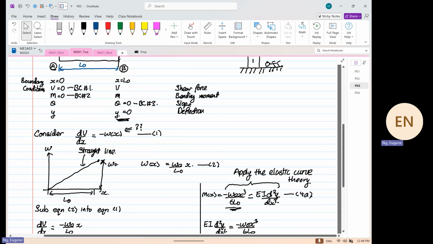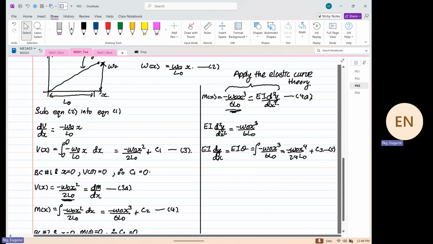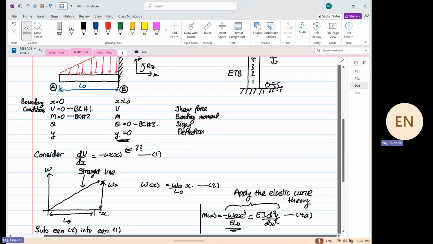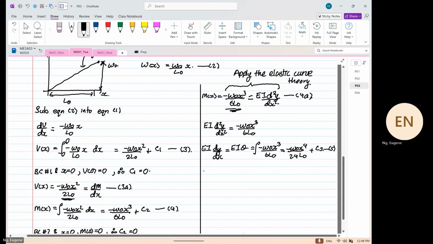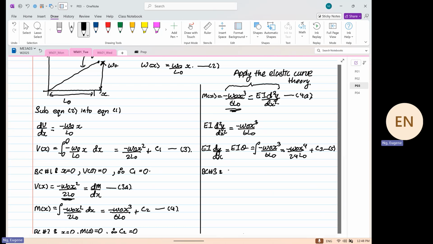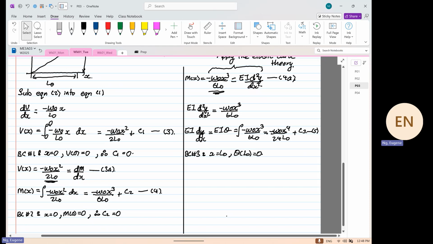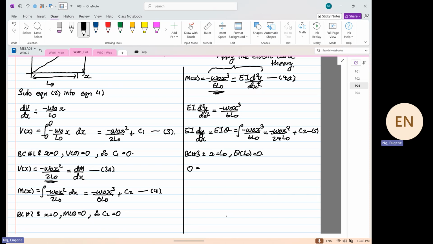Okay. From here, we have a boundary condition. So we're going to substitute boundary condition number 3, which states that when x is equal to L naught, theta at L naught is equal to what? 0. Okay, so this is not so straightforward anymore. It's not a 0. So you have 0 on one side, and on the other side you have minus omega naught L naught